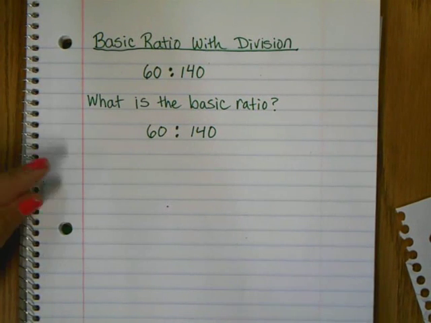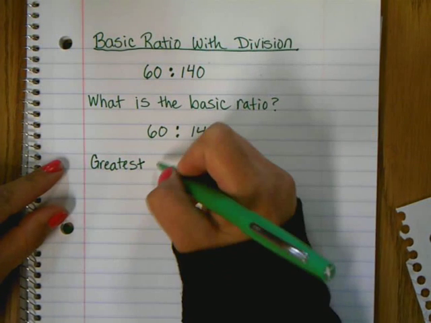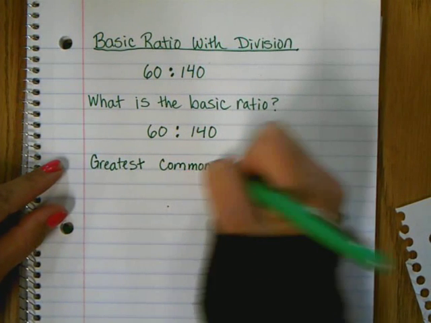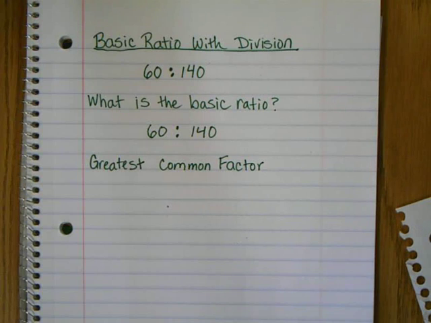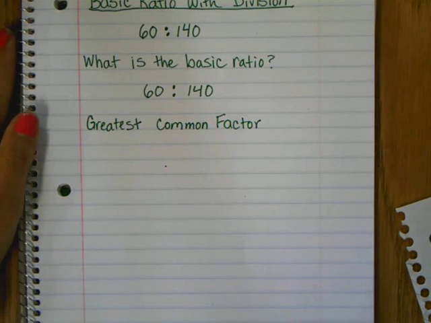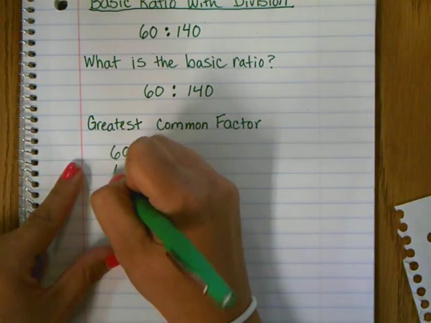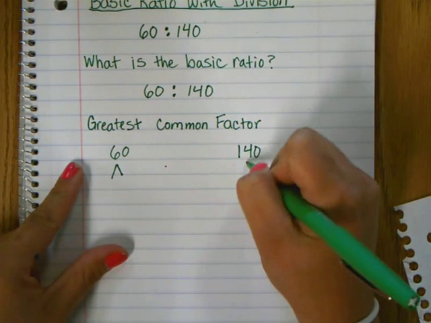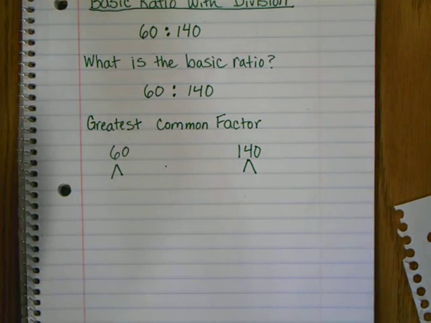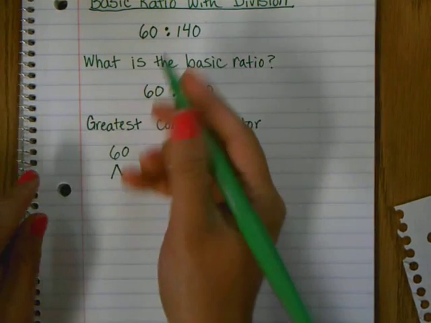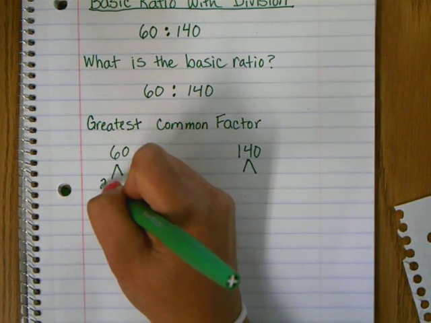When we are dealing with big numbers, like 60 and 140, we need to find the greatest common factor, or GCF. I know we mentioned it last year, but I don't know if you remember. Raise your hand if you remember greatest common factor. Okay, all right. So I'm going to show you a trick to find it. If you have two numbers, 60 and 140, what you're going to do is list some ways to make that number and then figure out the